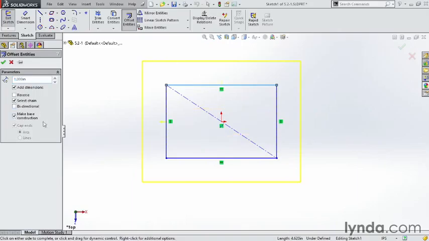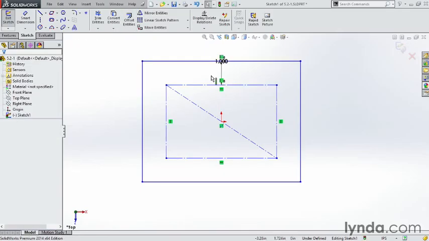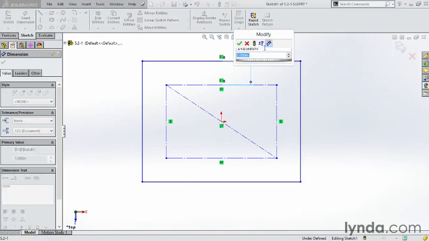But I do want make base construction. That will make these original lines here construction lines and make the new shape out here 1 inch bigger. When you're happy with what you have, click on OK, and there's my shape. Now the offset is determined by this 1 inch dimension here. So if I wanted to change that, I could always just click on it and type in maybe 1/2 inch